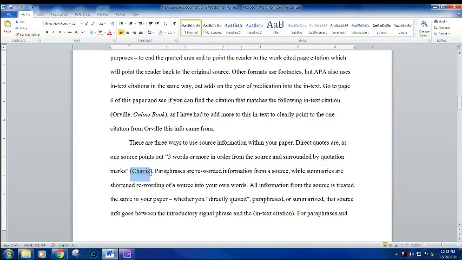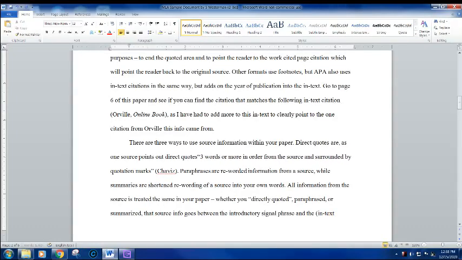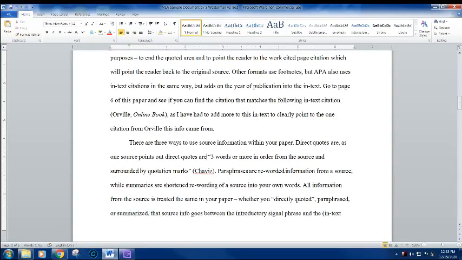This is our in-text. As one source points out, 3 words or more in order from a source. See, this is why you reread things. Direct quotes are, as one source points out,